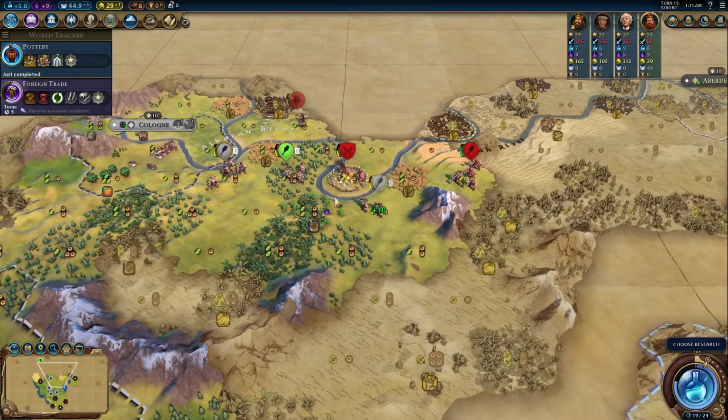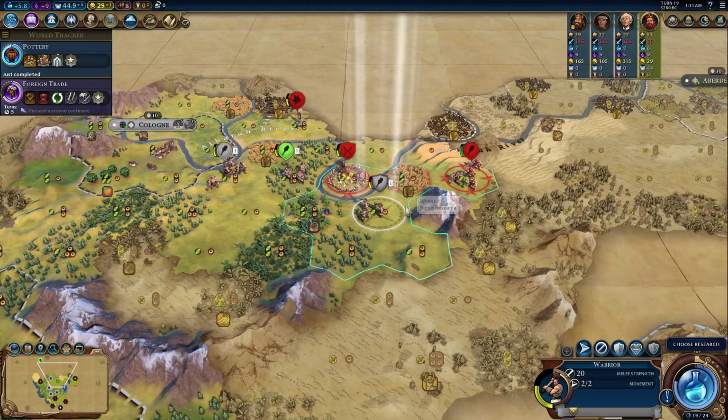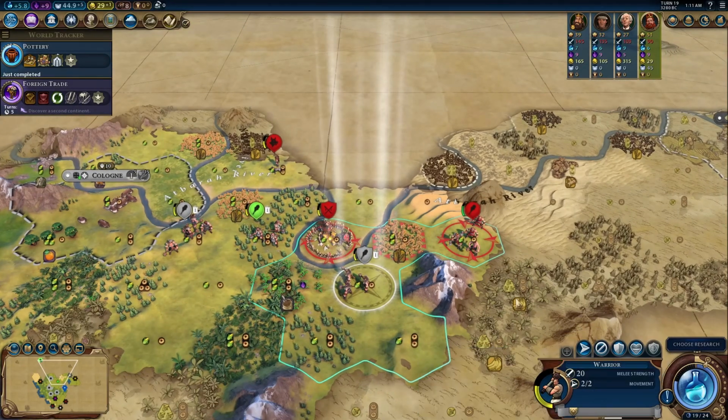He cut me off, so I couldn't get my second one. Clay must feel happy in the good potter. Well, I'll let him do the first hit, and then...